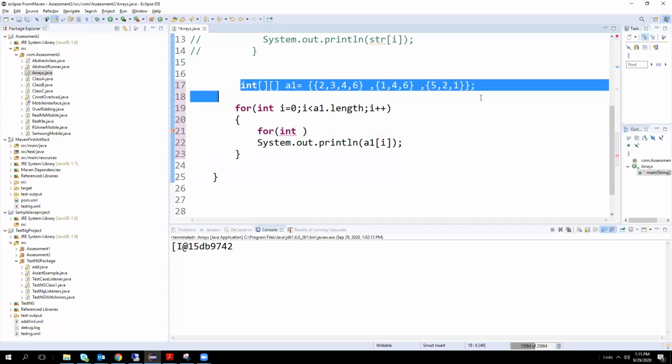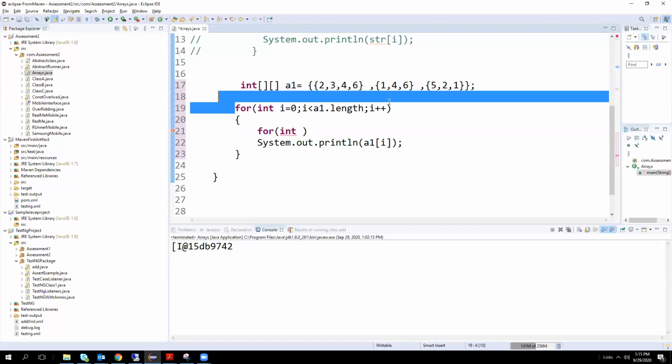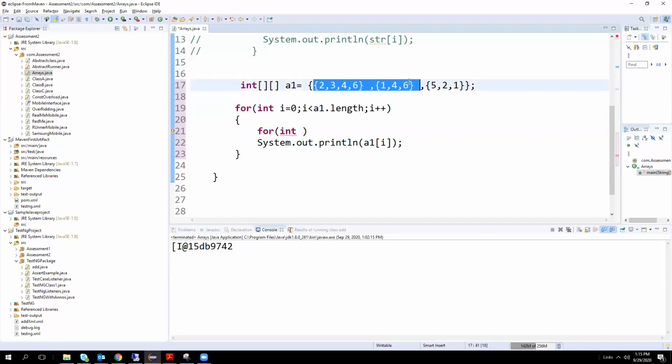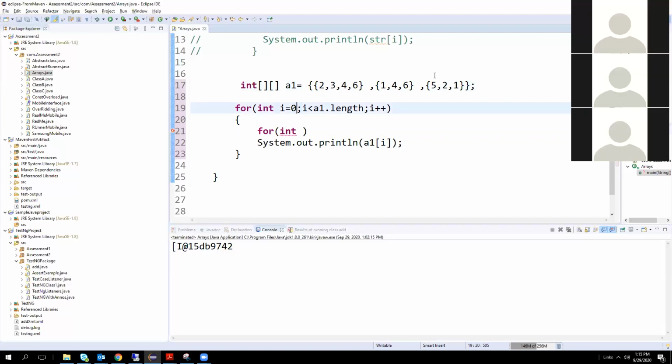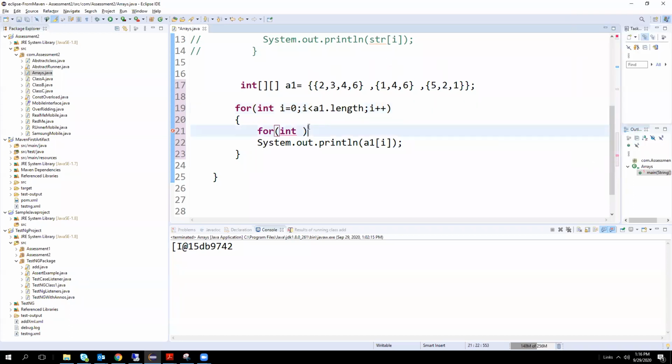Here we are using a two-dimensional array, no? So this for loop is for the outside of the array. First array: 0, 1, 2. Here a1 dot length gives the value 3, because it is the outside of the array.